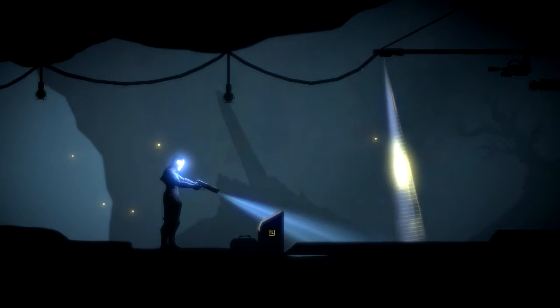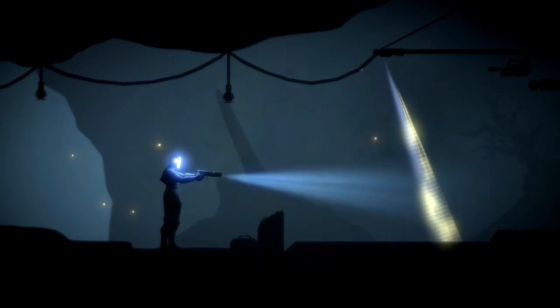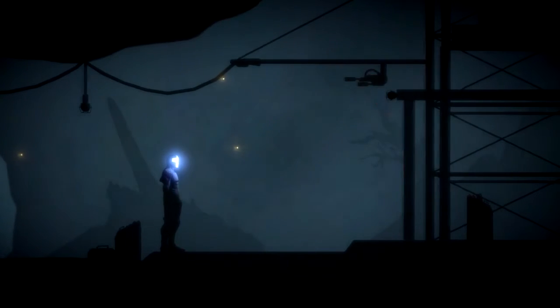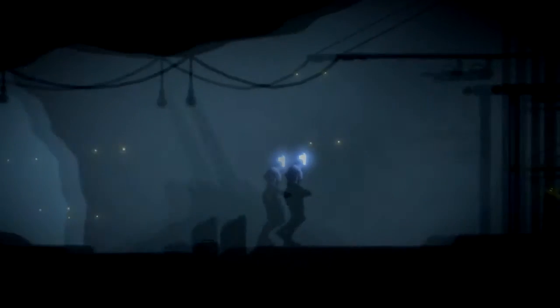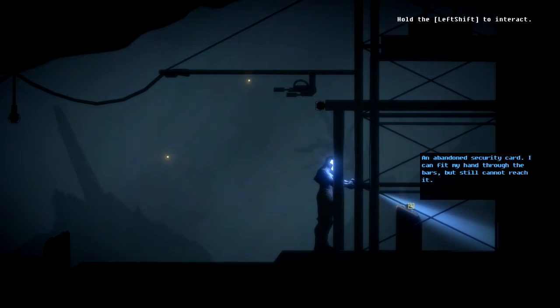So there was this panel over here, a security panel. Its power cell is burned out. And there's not a lot that we can do about that right now because, as you see right there, there's a door that goes up at the moment. So if we didn't actually have the robotic hand, we wouldn't be able to do very much right now. But now that we have the hand, if we look at that,